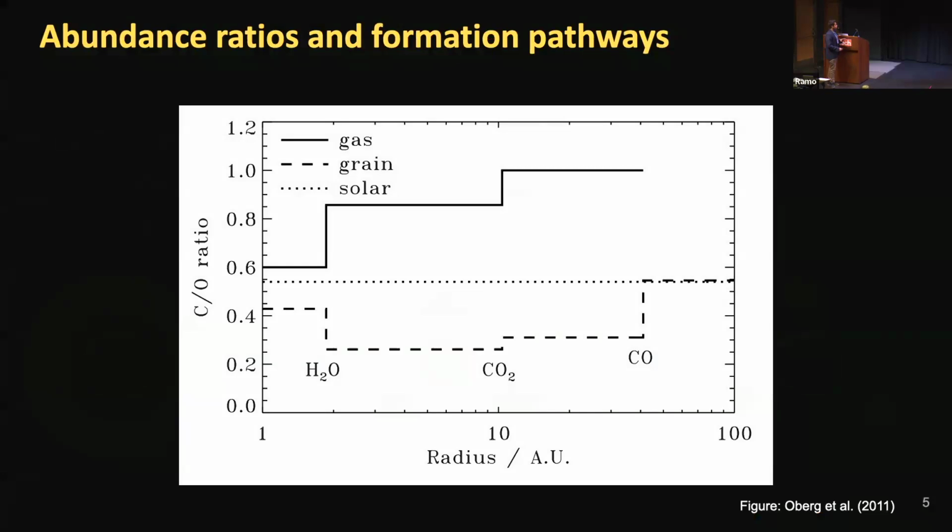I'm sure all of you have seen this plot like a million times, but just going through it very quickly. On the x-axis, we have the distance from the host star, and on the y-axis, we have the C/O ratio in the gas phase versus the grain, or dust, phase of the protoplanetary disk. And what we can see is that the gas phase C/O ratio is